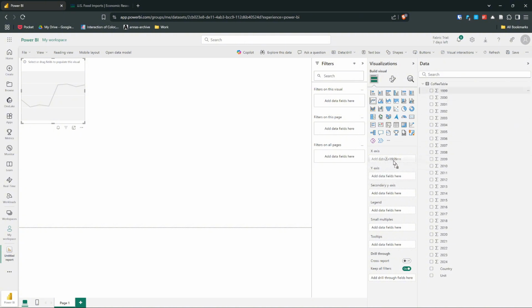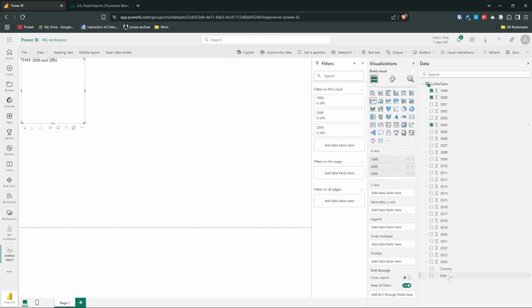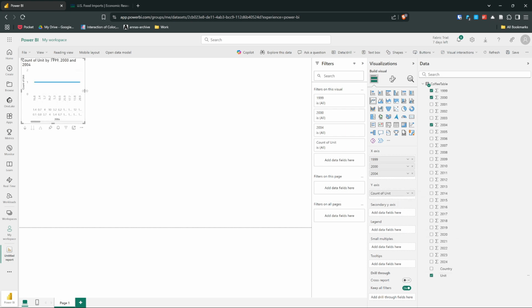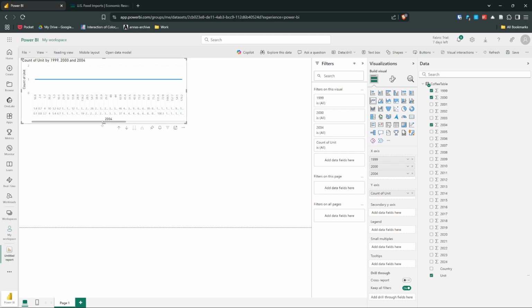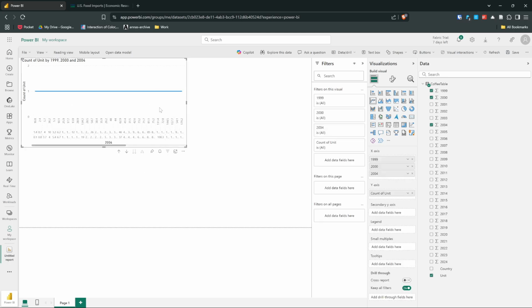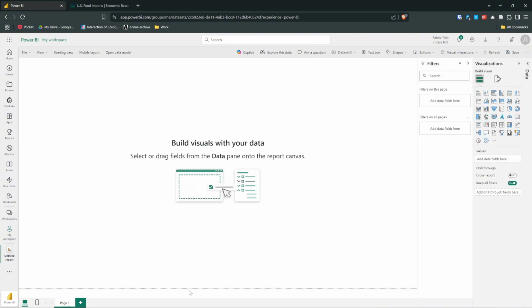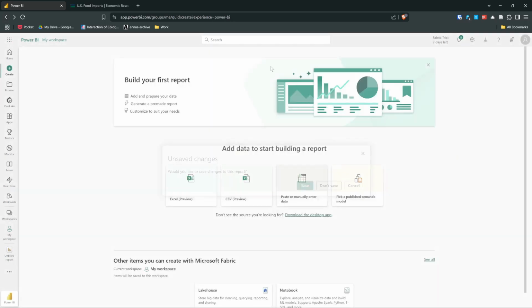If I were to try and put these here, I could put each one there and then try to put the unit on the y-axis, but it doesn't do the thing that we intuitively think it's going to do. And that's because this data isn't in a tidy format. So here is how we would clean this up and put it in a format that Power BI can actually